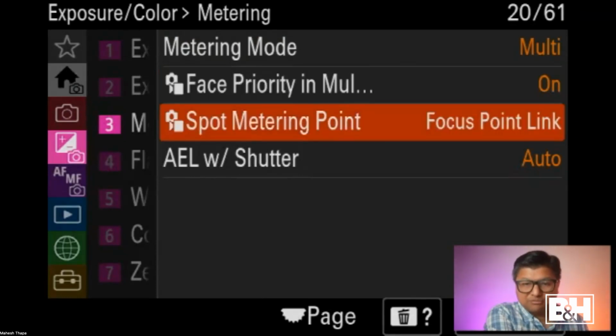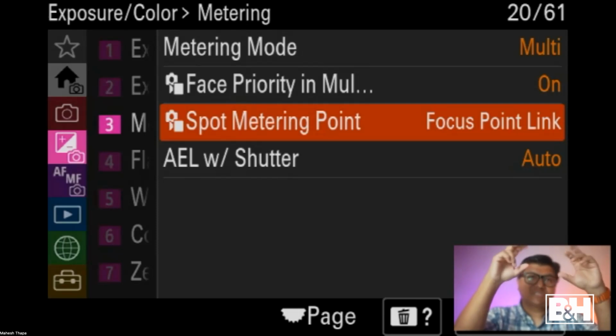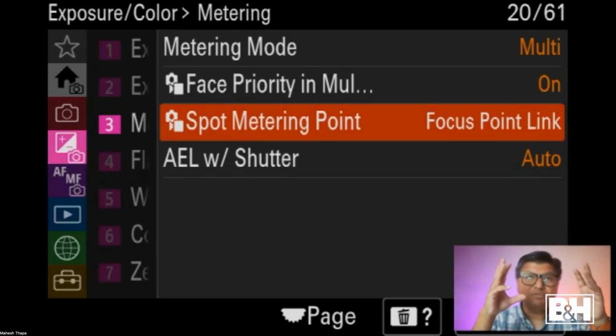Furthermore, you are also able to do this focus point link. So now you don't have to worry about faces. So let's say you're capturing a picture of a bird that's moving around. It goes from the bright sky down to some dark foliage area, right? So the metering system can get very, very fooled if it's trying to use the multi-metering, because when the sky is very bright, it's going to underexpose the image to compensate for that, and your bird is going to be very dark. And so the bird is going through this wooded area where it's kind of dark, and it's going to overexpose, and the bird is going to be very, very overexposed because the bird is kind of lighter in